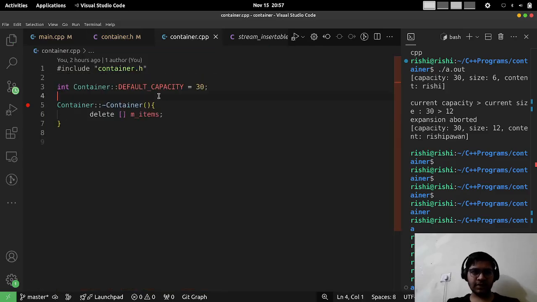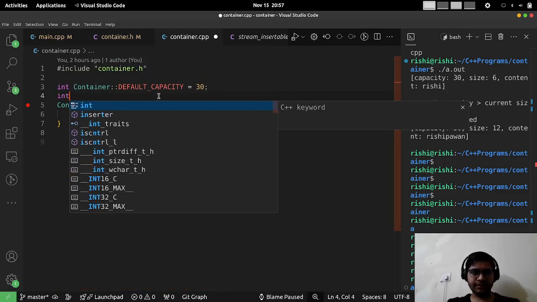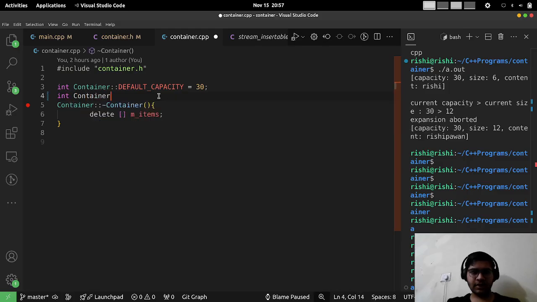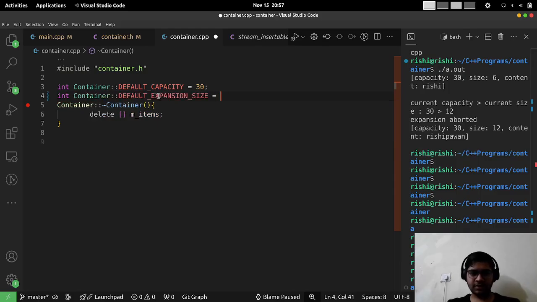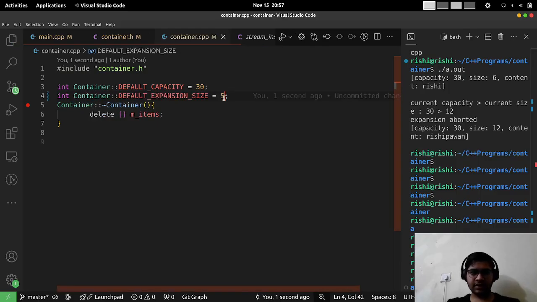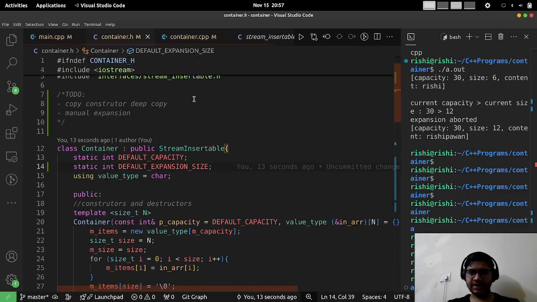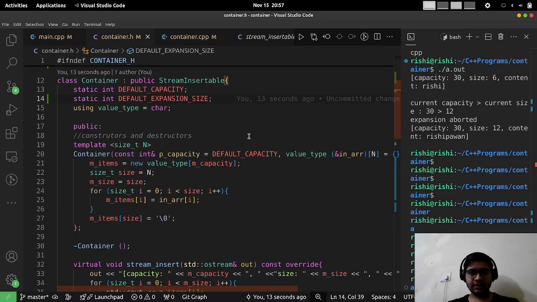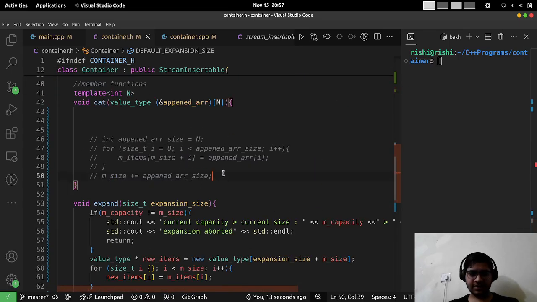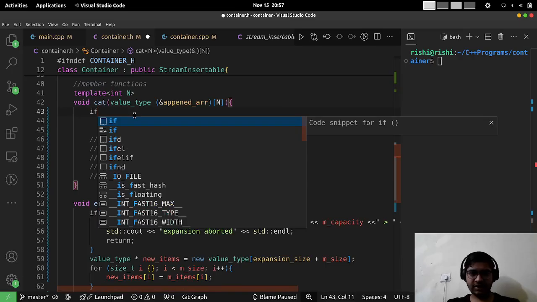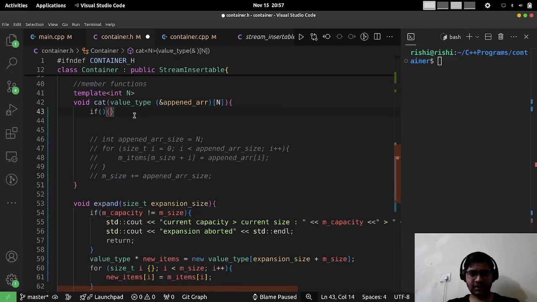We will go here and write int container default expansion size to, let's say, 5, or let's say 10. So the expansion size will be 10 always. Okay, so for making the expansion size thing work, we will check if